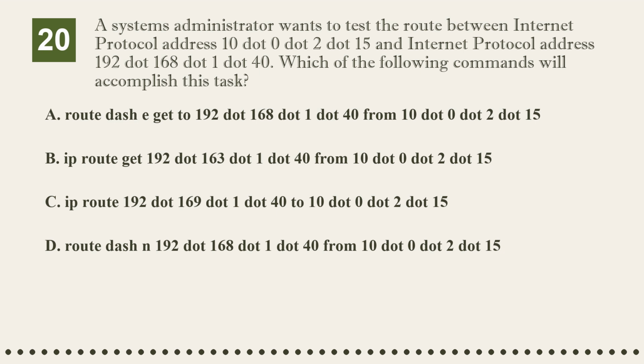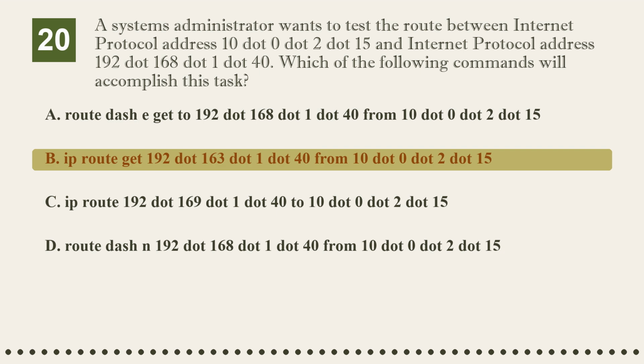10.0.2.15. Option C, IP root 192.169.1.40 to 10.0.2.15. Option D, root-and 192.168.1.40 from 10.0.2.15. The correct answer is option B, IP root get